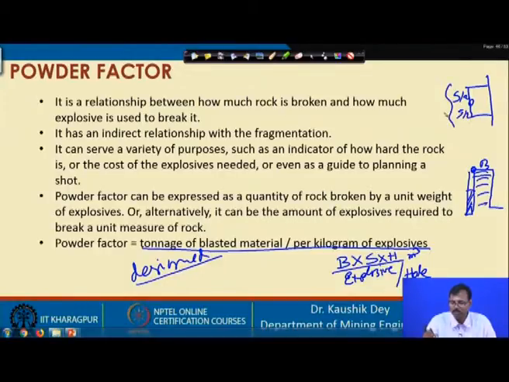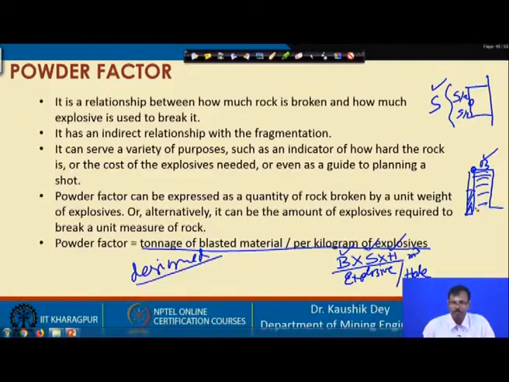So, this is nothing but the spacing distance S. So, the total volume of material excavated by blasting this hole is burden into spacing into bench height, dividing it by the charge placed in that hole,